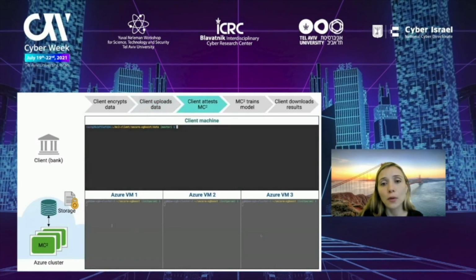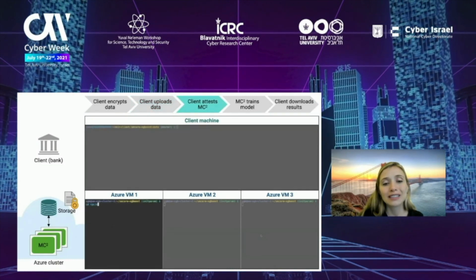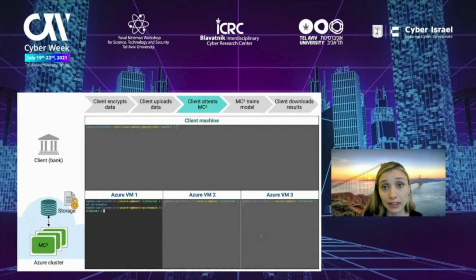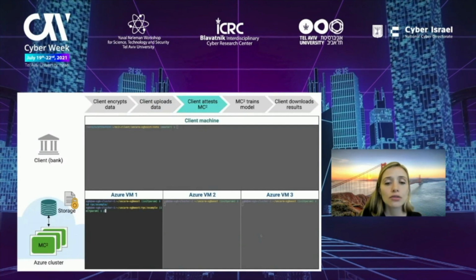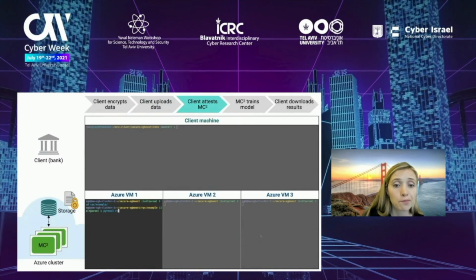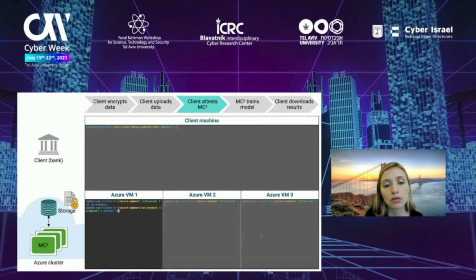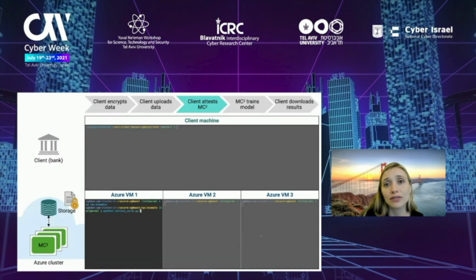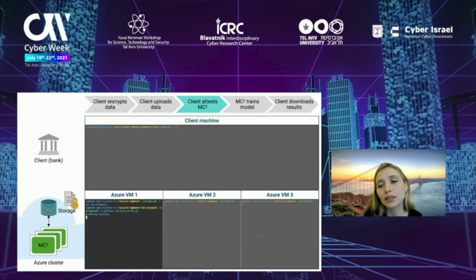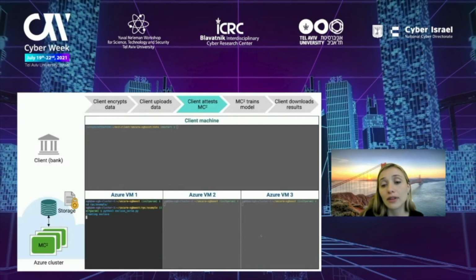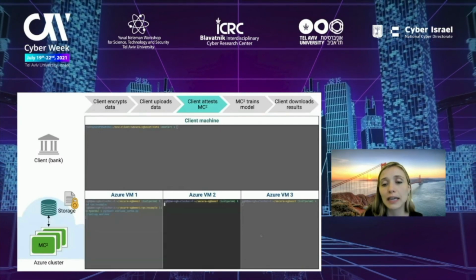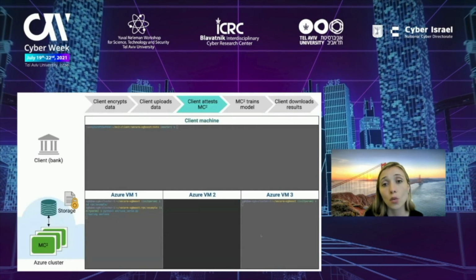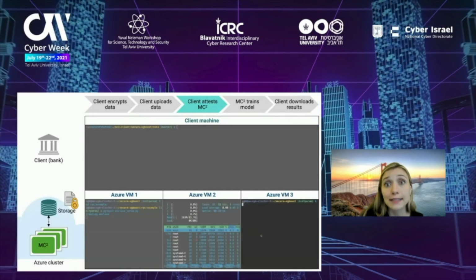All right, now we're going to start the cluster on the server side. You're going to see some output on the first VM. You'll see what the VM is doing. And on the other VMs, I'm not going to have any output, but using the htop command, we can see when they are utilized.